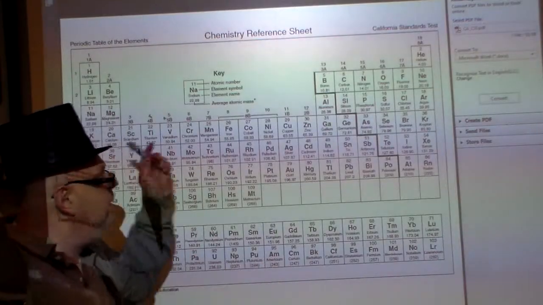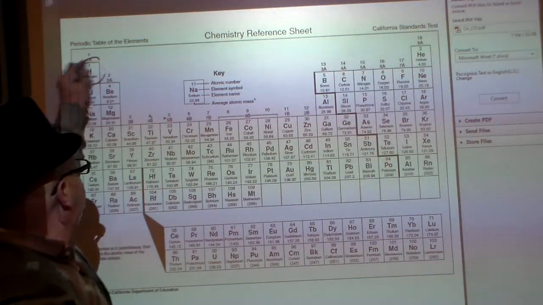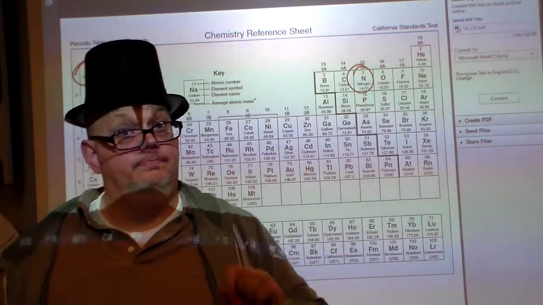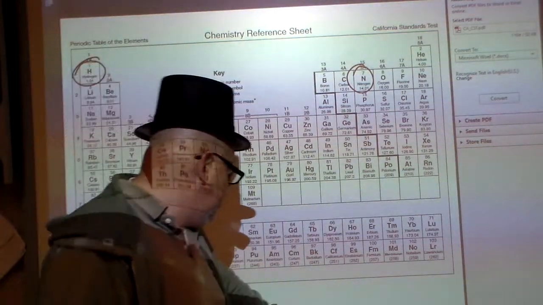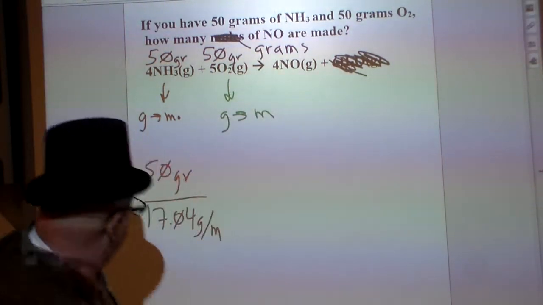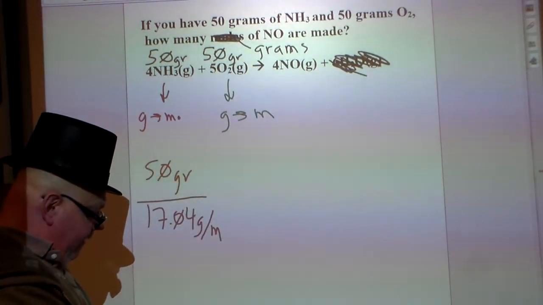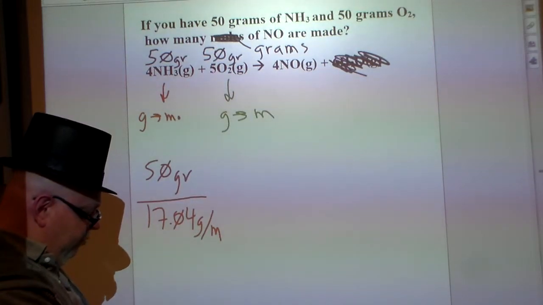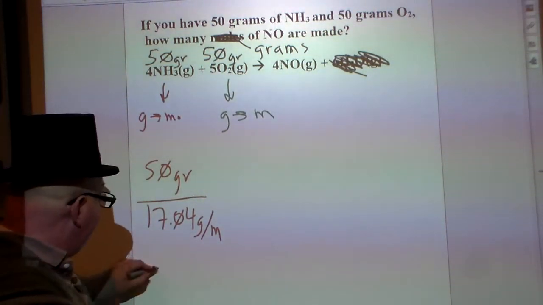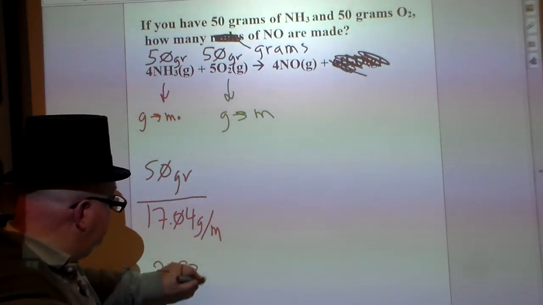You take a look at your periodic table for your hydrogen and your nitrogen, and you add them up. Okay? So now, we move on. So we have 50 divided by 17.04. Let's keep going. 50 divided by 17.04 equals 2.93 moles